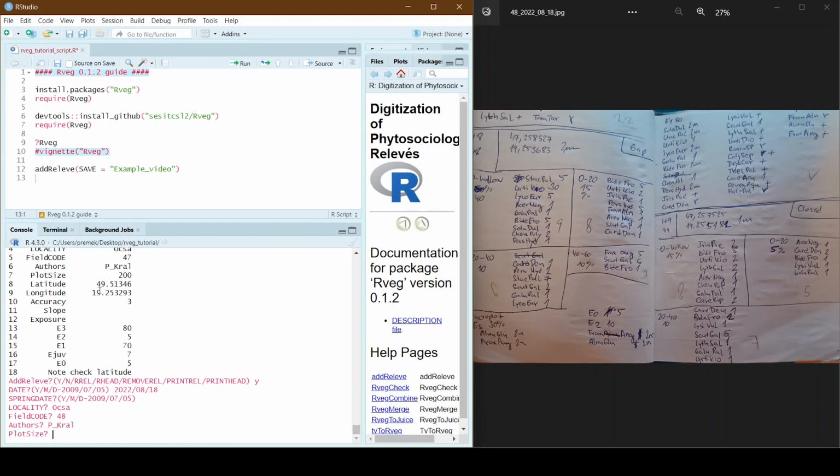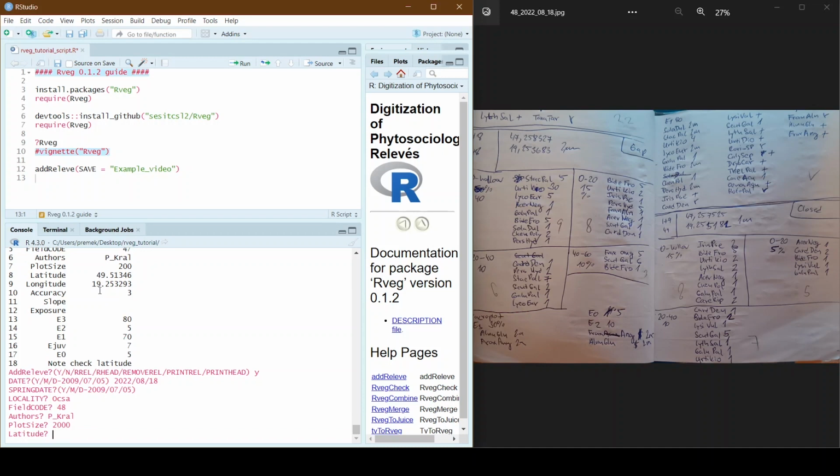And now we can demonstrate the case that we make a mistake here. So for example, instead of 200 meters, I will write 2000 meters, and I know it's incorrect, so I will have to repair it later.